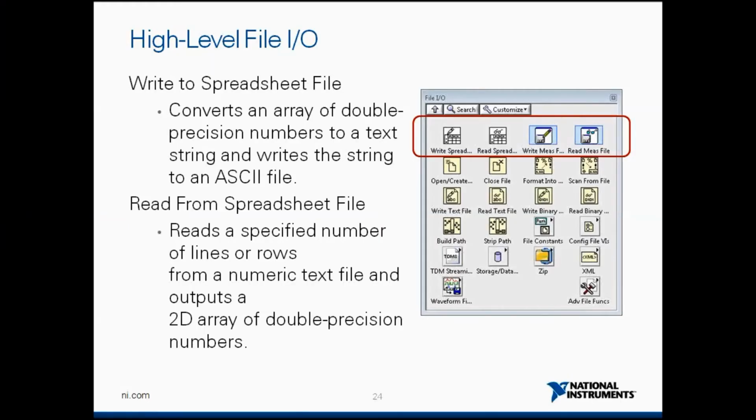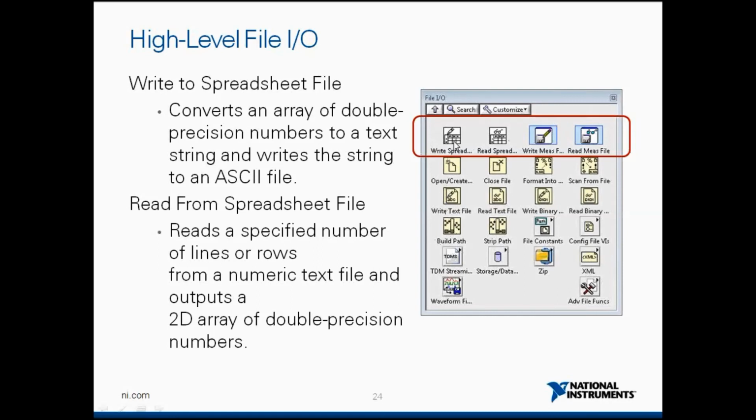Okay, now the last part of today that I want to show you is, now that we have understood a little bit about arrays, some array functions, and how arrays are created, let's go on to actually store this array data programmatically using write and read from spreadsheet. Write and read from spreadsheet are considered high-level IOs. I'm sure most of you must have seen this palette in LabVIEW. It's called File IO. When you click on this, the first row corresponds to high-level IOs, and the ones at the bottom correspond to low-level file IOs.